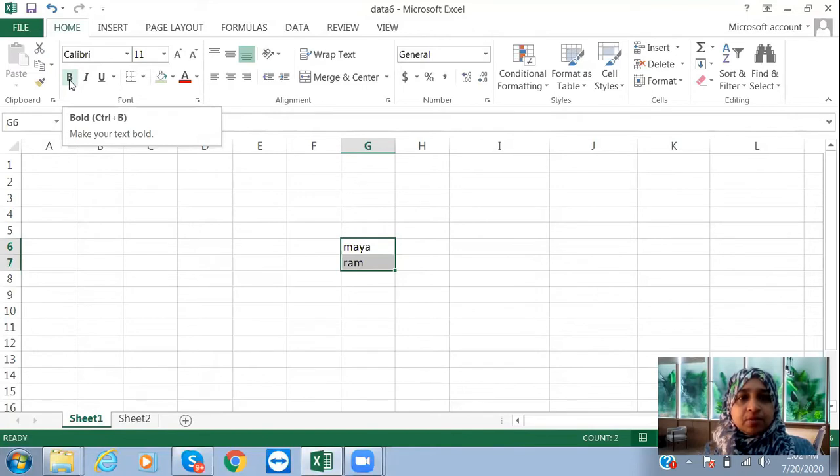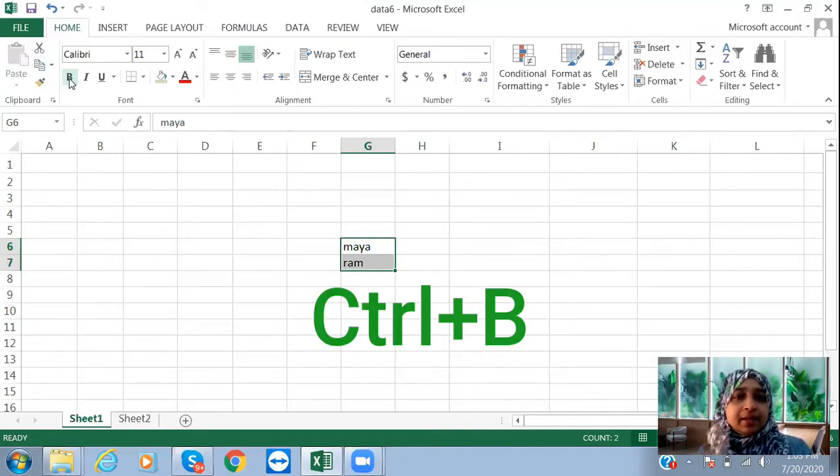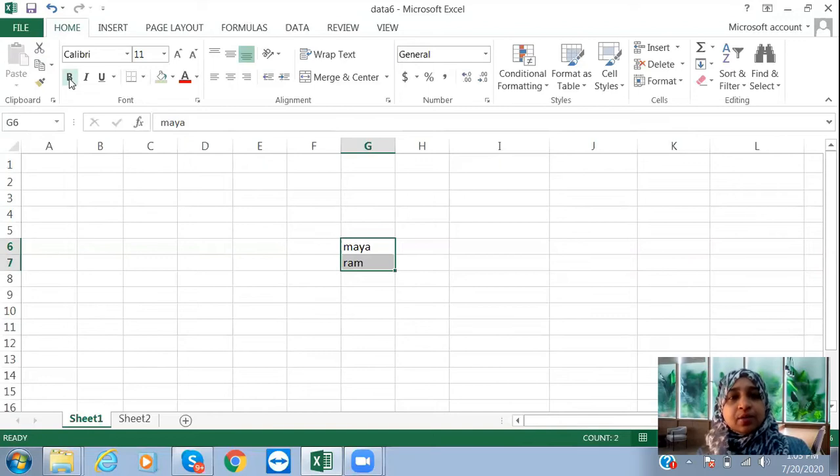Bold will make your text bold. See, now it changed to bold, right? And to clear this, just click it once again here. To clear the bold, you can just click it once again. See, now this is gone. Select the cell, click on bold, and then if you want to clear it, click it again. Clear? You can use Control B also. As for copying and pasting the data, we have used Control C, Control V. Here we can use Control B.